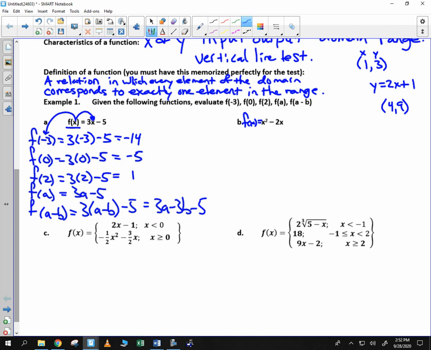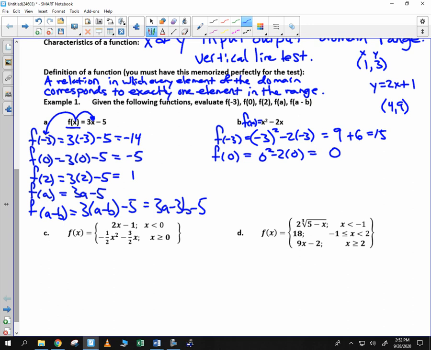f of x is x squared minus 2x. We'll evaluate those same things. f of -3: -3, we square it, and then we subtract 2 times -3. So I get 9 plus 6, which is 15. Then I have f of 0. 0 squared minus 2 times 0 is 0. f of 2, I get 2 squared minus 2 times 2,